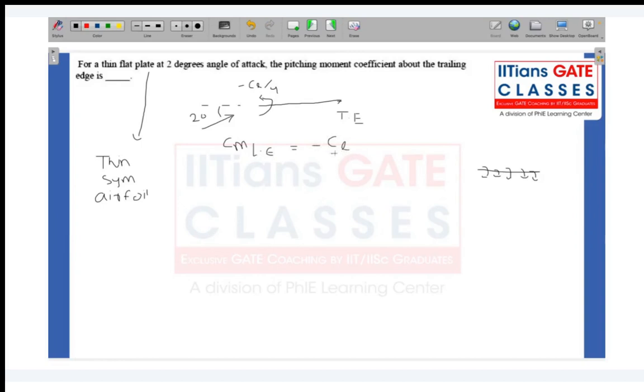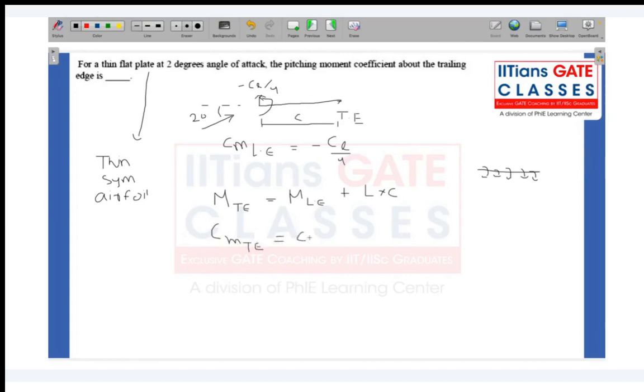So moment at the trailing edge, and then you also have the lift acting over here. So moment at the trailing edge is nothing but moment at the leading edge plus lift into your chord length. So from leading edge to trailing edge, the distance is chord length, right? C, let's say, or whatever is the length of the flat plate. Okay. If I convert them to moment coefficient, so this is Cm at the trailing edge equals Cm at the